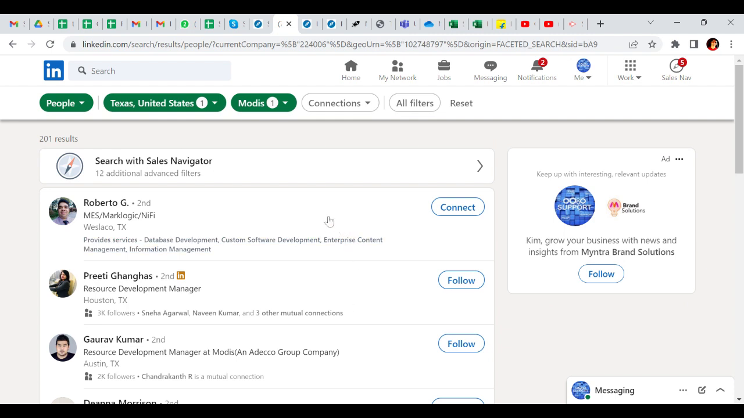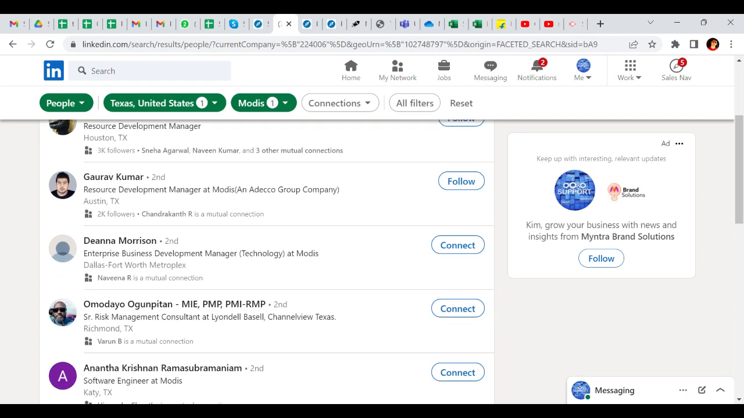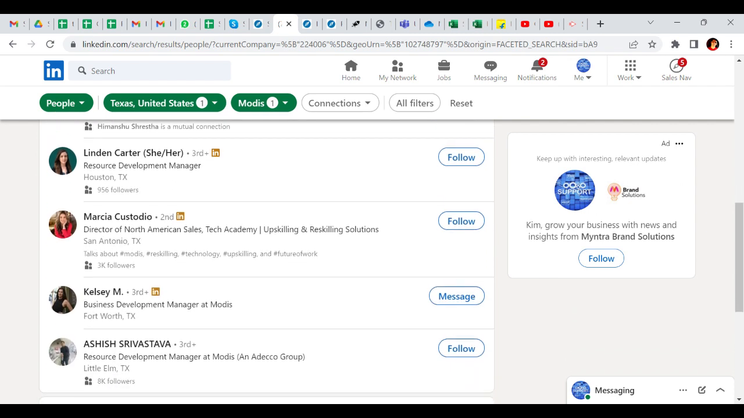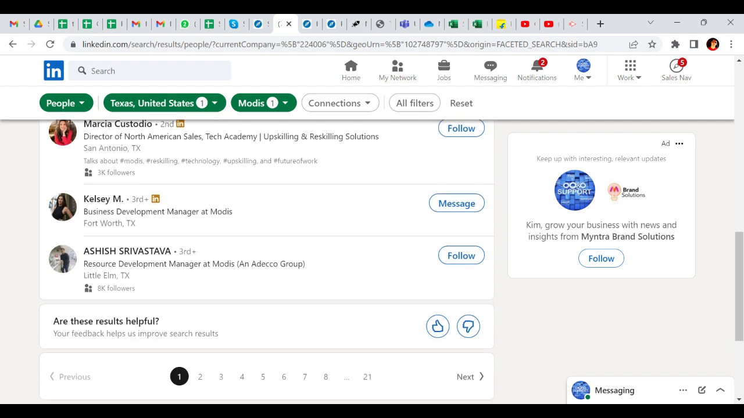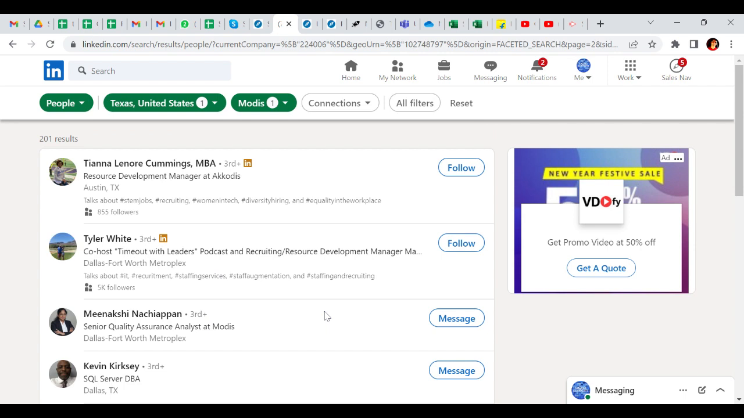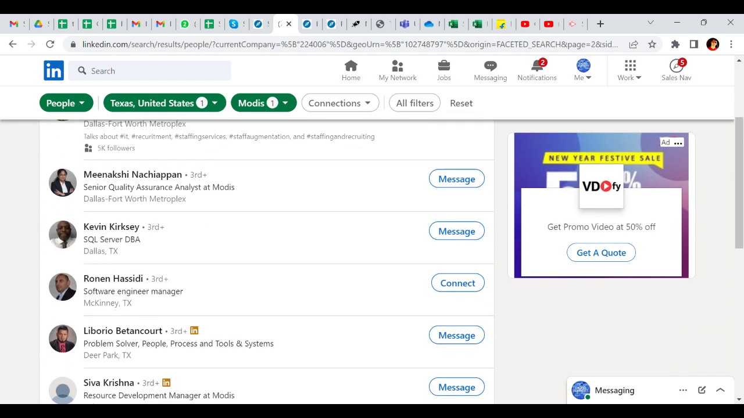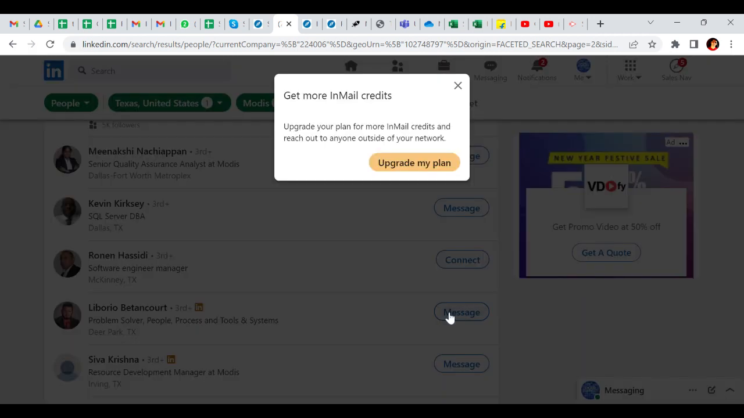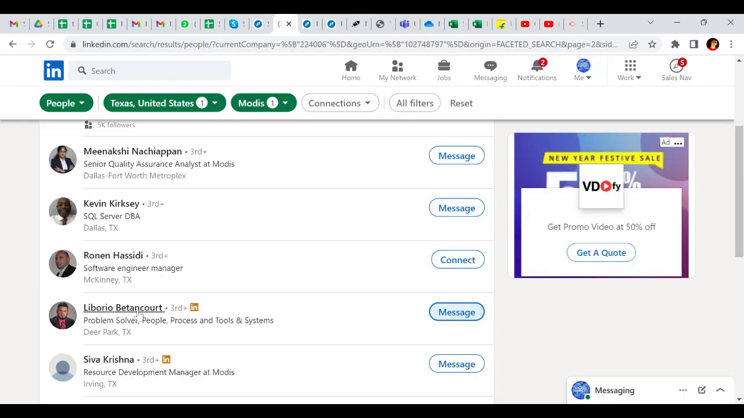Then you will see more filters here. You can filter if required. Otherwise, after scrolling, if you see a profile where you want to send a request, just scroll down and go to that profile slowly. Wherever you feel, yes, I want to be in connection with this person, sometimes it shows connect and sometimes it shows message. If you click on message, it would ask you to upgrade your plan. So better just open that profile,